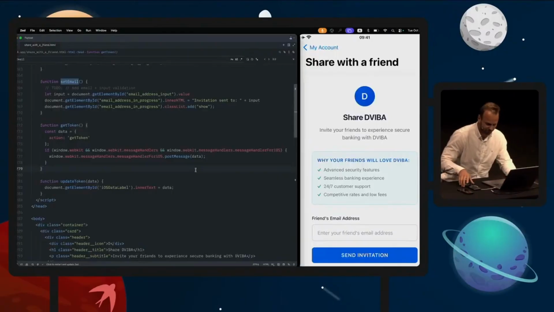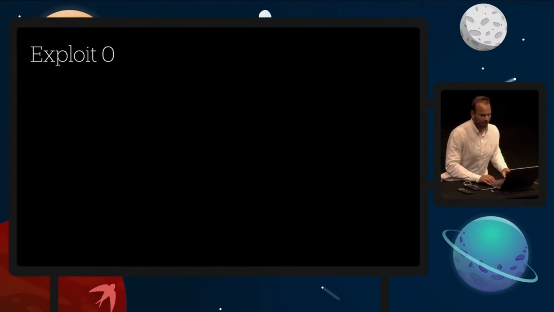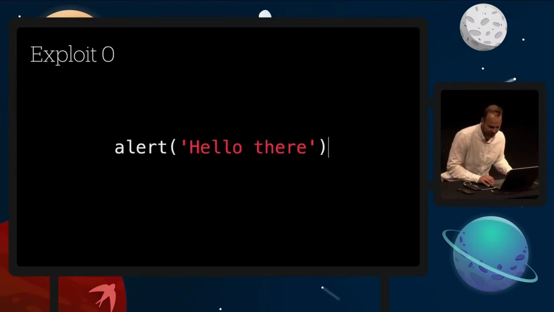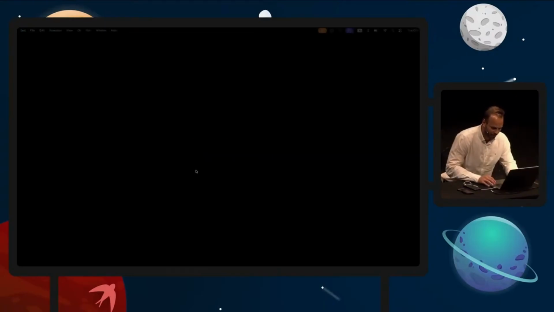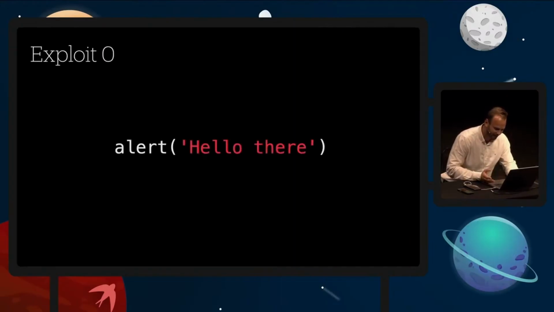Okay, so let's have a look at some examples, shall we? So what could we do? The first thing that could pop to my mind is to just insert a simple alert and display hello world or hello there. Well, in this case, that wouldn't work because we have already loaded HTML, and this isn't any script, so that would just display it back to us as a plain string. So not really interesting.